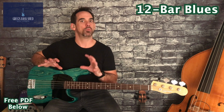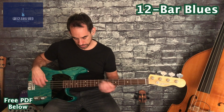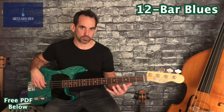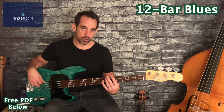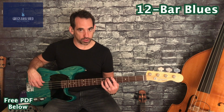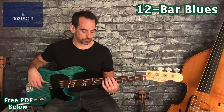So we're going to play the whole blues sequence just using root notes. Obviously you can play these root notes anywhere on the neck, so A, these different places. But we're going to play the root note for a whole measure or bar, and then if it stays the same for the next measure we're going to play the octave higher, so that's 8 notes higher. So for this sequence we're going to play A, A,